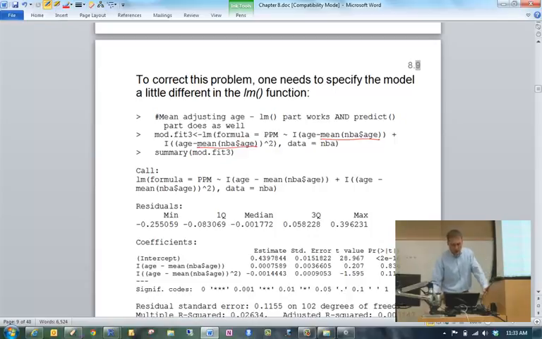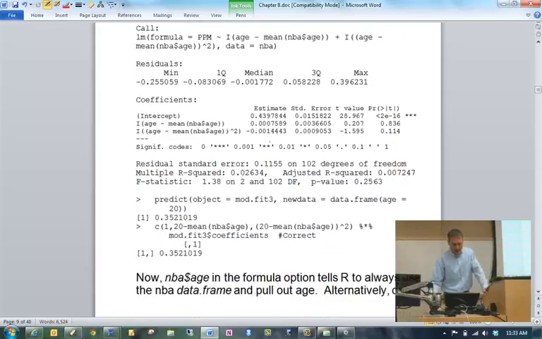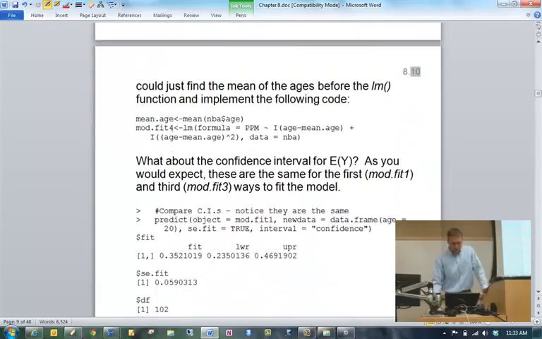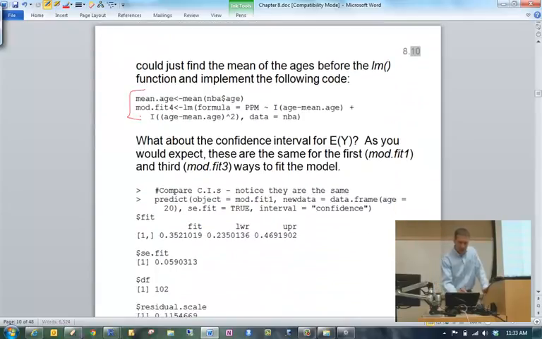So just something you have to be careful about. And you can see I do get that 0.35 there. Are there any questions? Okay. And I give one other way to do it as well on page 810.